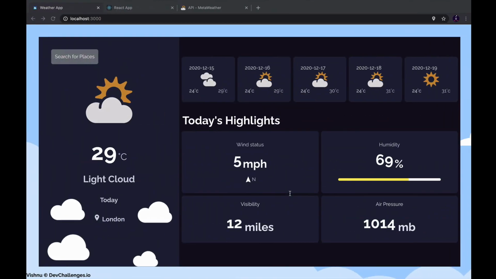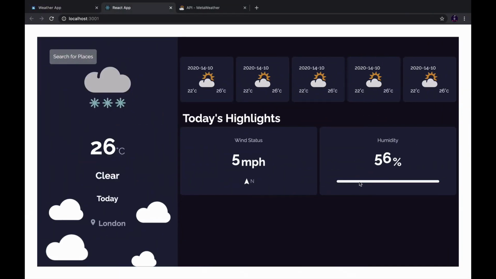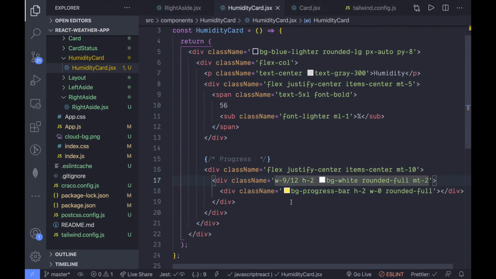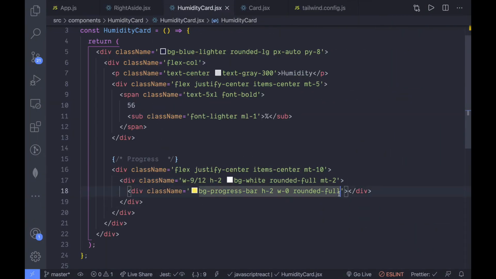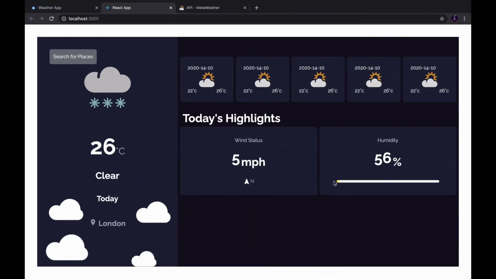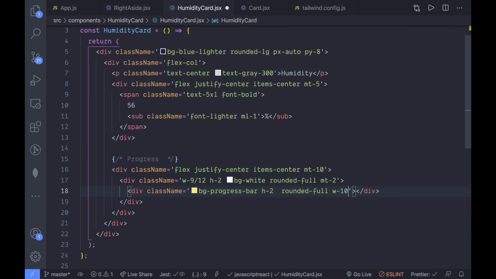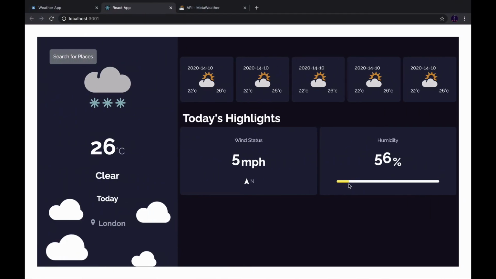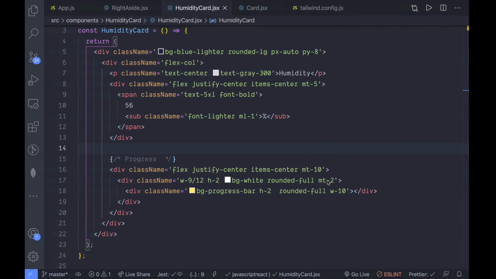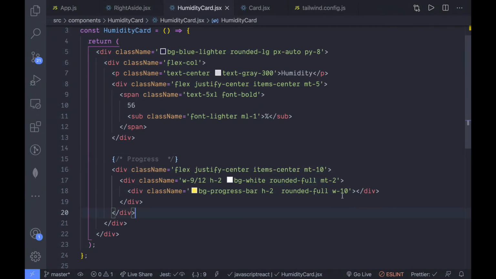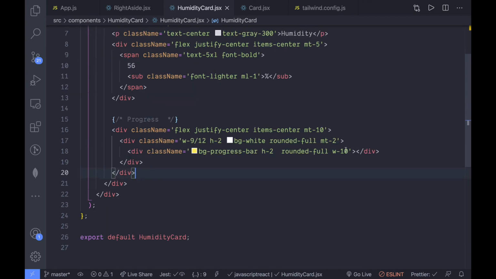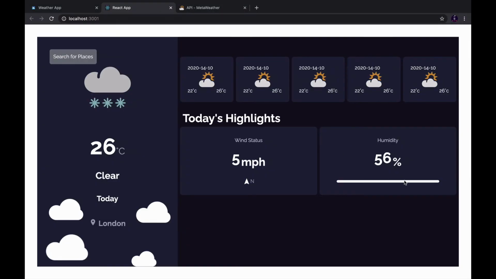So save this, take a preview. So we got this nice looking bar right here, and when we receive a response from the front-end API, we'll be setting the width of this division dynamically. So if I give a width of 2 and delete 0, if I save it, we got this color up to 2 divisions. So I'll just change it so that we can have a clear view. As you can see, we got this bar filled, and we'll be using the response from the API to dynamically change the width of our progress bar. So for now, I'll be giving it 0, save this, and so we got this card created.